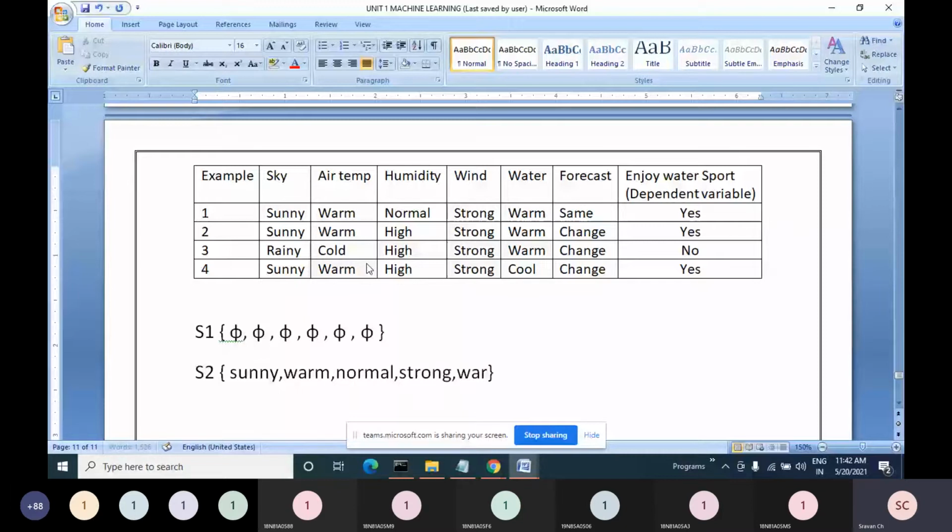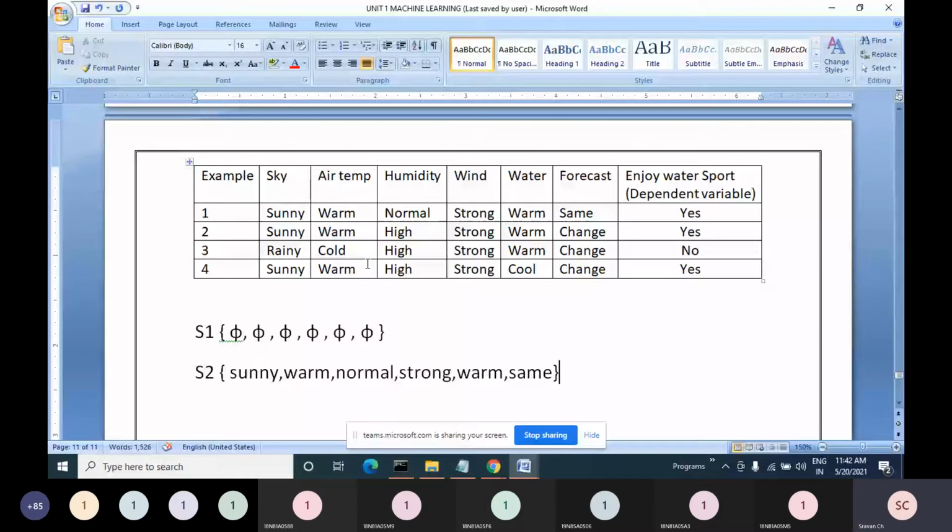Friends, even though it is the third example, I'm trying to repeat it from the beginning so that if any one of you has not attended, they can still understand. So this is the latest updated value of my most specific hypothesis, which is now represented as S2. Done, completed. Now I will go to the next record, the second record.